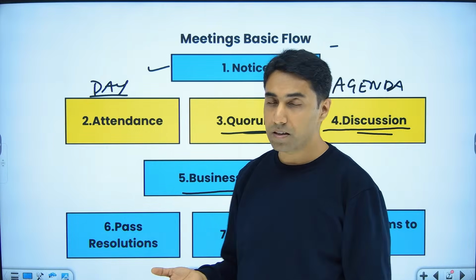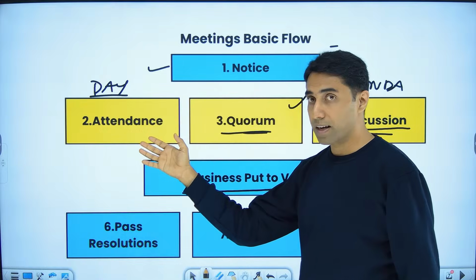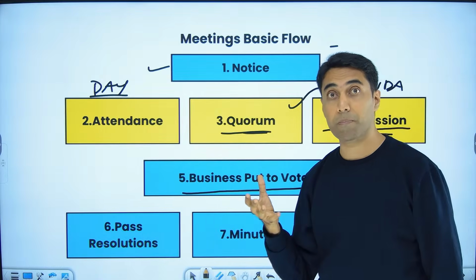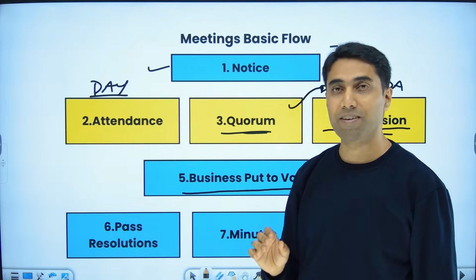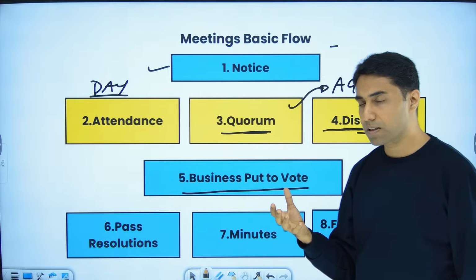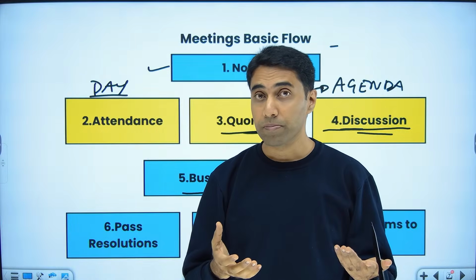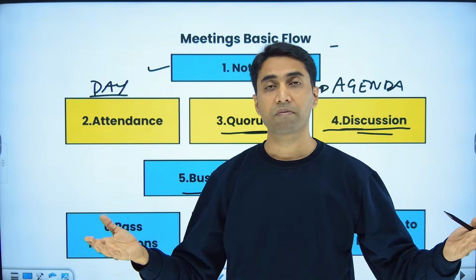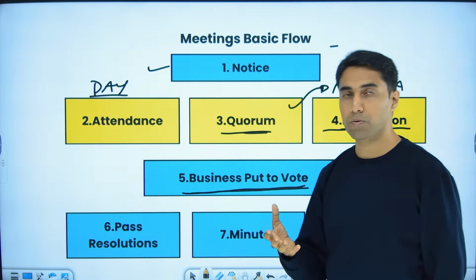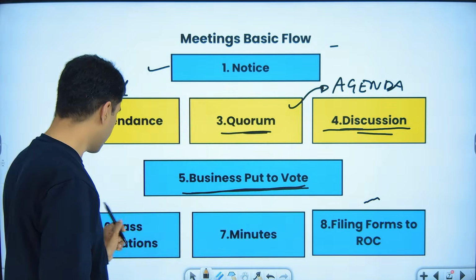So for example, it is approval of your financial statements. So you have called everyone, you did the attendance, you had a quorum, that is you checked if the minimum number of people have come to have a valid meeting, and then you discussed it. You discussed the financials. After the discussion of financials, can we approve it? Is it final? That is when you need to put the business to vote. What is the business? Approval of financial statement. Put it to vote.